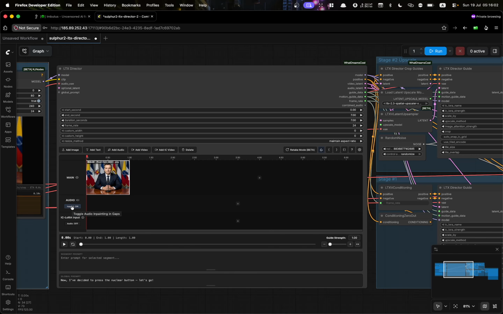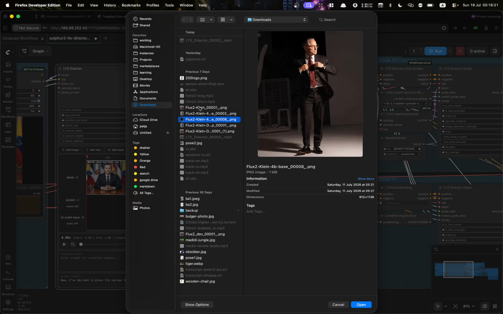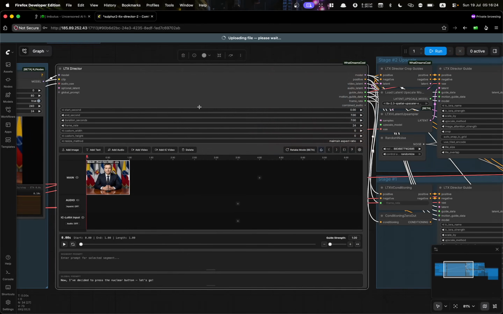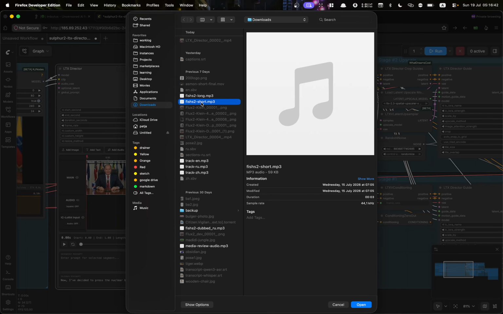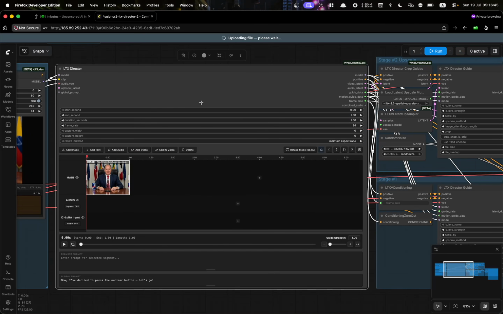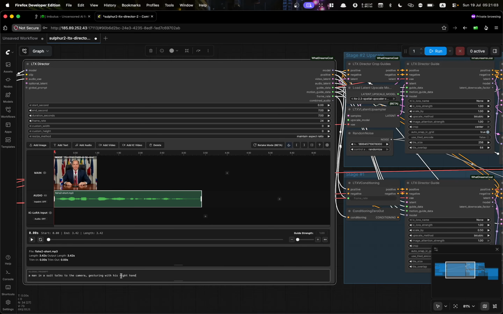The in-paint option allows or forbids changing the audio track. I'll turn it off since I already have the recording. Adding the image. Adding the audio. The prompt.